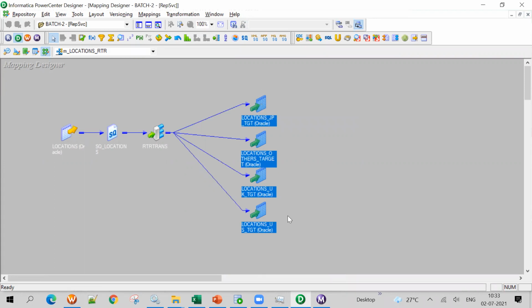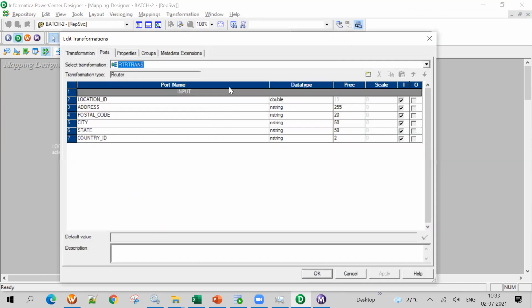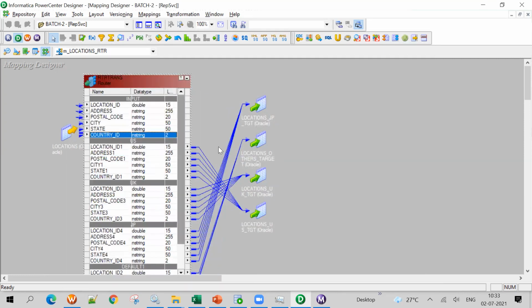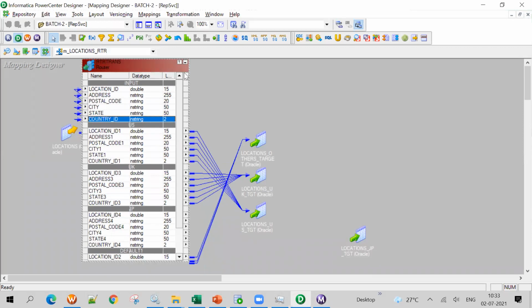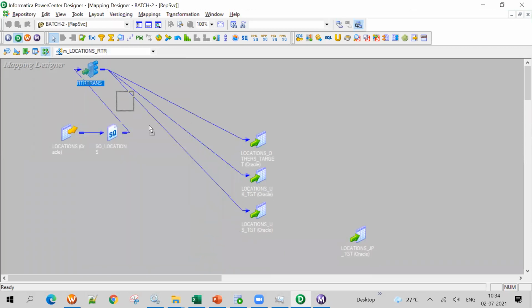How is it active? Filtering data based on the condition. Okay, now suppose you remove a condition, or you don't connect it, we are just giving the conditions. If I remove it, then what will happen? It will not load all the records. So it is an active transformation, as it routes to the target tables.